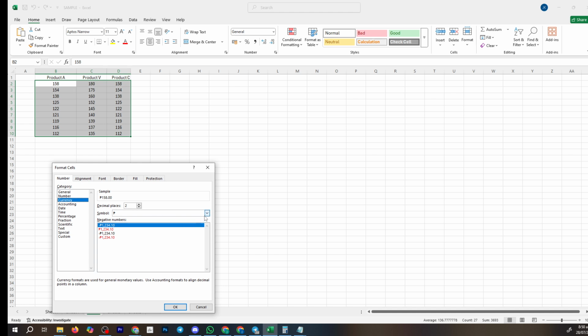You'll see a drop-down menu under Symbol. Click on it, and you'll be presented with a list of various international currency symbols. Scroll through and select the dollar sign. It's typically represented by the familiar dollar symbol, and that's it. With the dollar sign selected and your decimal places set, go ahead and click OK at the bottom of the